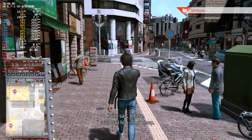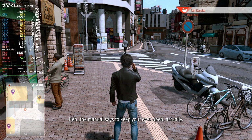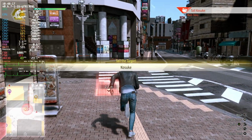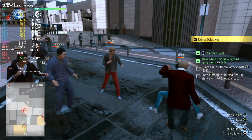Here with Lost Judgment, we are starting off once again at high settings at native resolution. And if we look at our frame rate here, we're hovering around 50 FPS, and I actually found the frame rate to be a little bit better in this title versus the first one in the areas that I tested. Off the bat, we're still looking for that 60 FPS target here, so I'm going to switch over to FSR